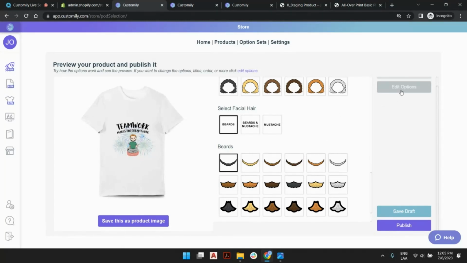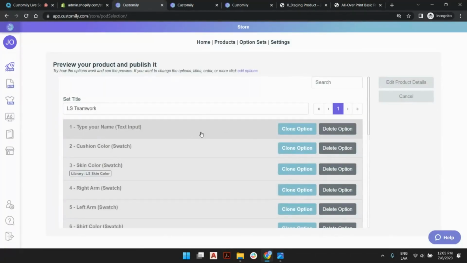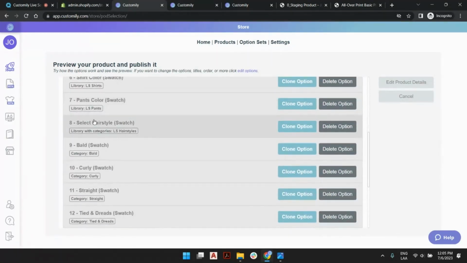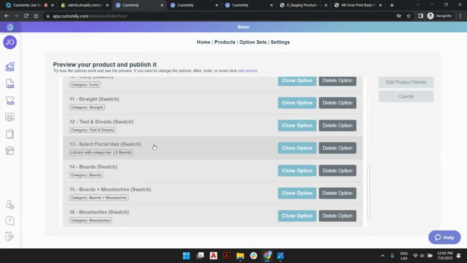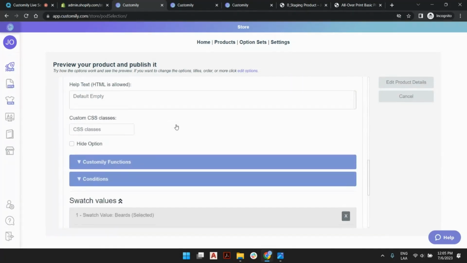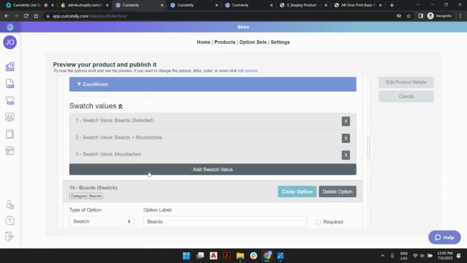So if I go to edit options here, and I look for the beards. Select hairstyle. Okay, no, bald, curly, straight. Select facial hair here. This is the category, and we have category beards and mustache and stuff like that. So if I open the options here and I see beard, mustache, and mustaches, I can go to beards, for example,